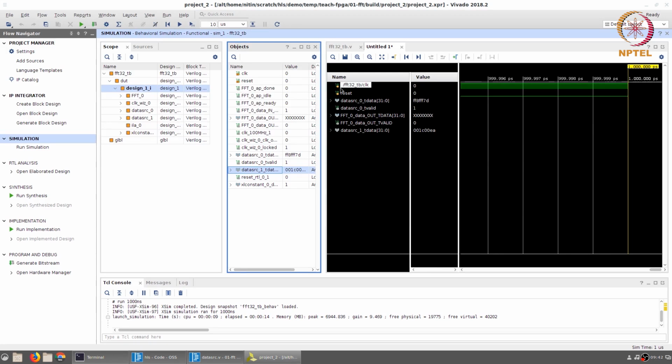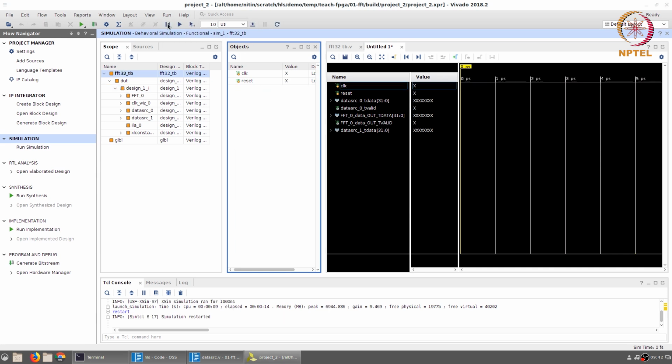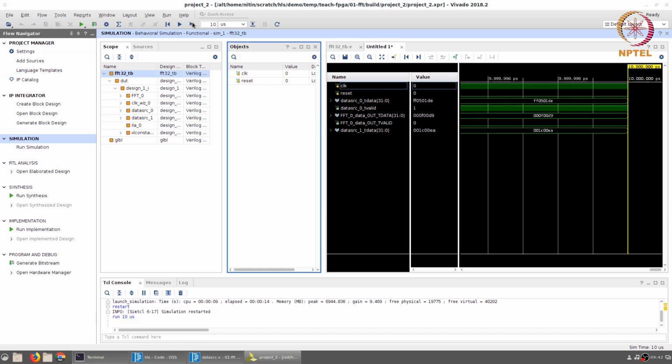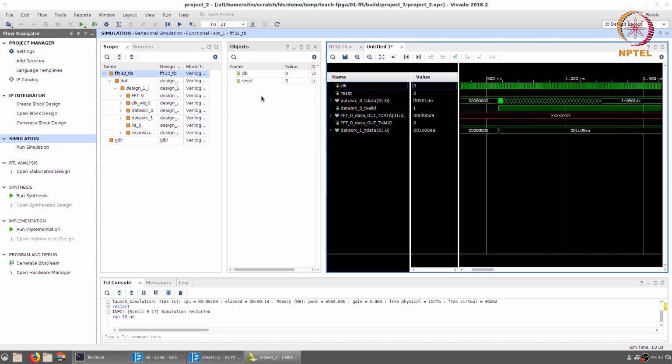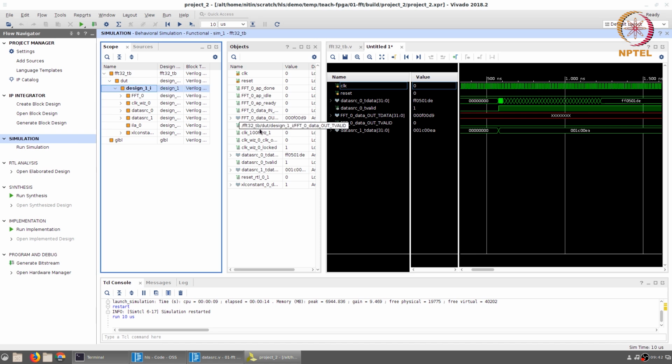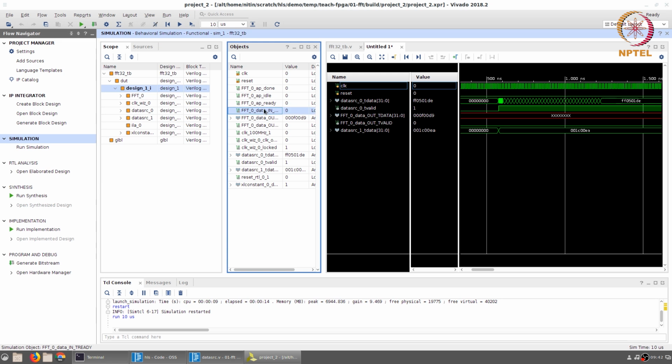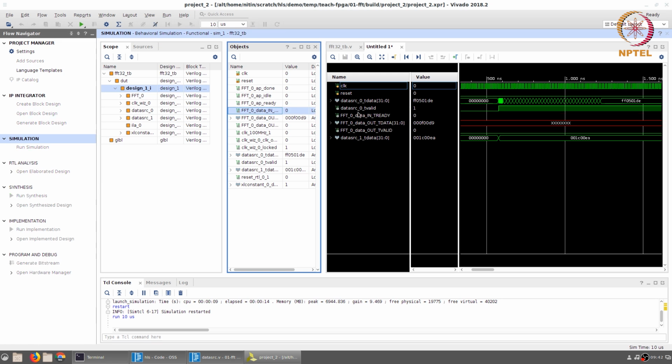And if we now run this simulation, we can just restart the simulation and run it for, let's say, 10 microseconds. What we will see is, you can see some activity out here. So for example, right at the beginning, you can see that there is one section out here where the data source is being made valid and is actually changing its value. When does it start changing its value? Actually, in order to see that, you need to add one more signal out here, which would be the FFT in ready.